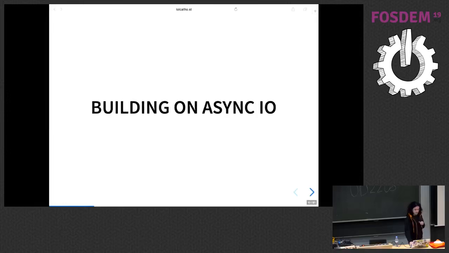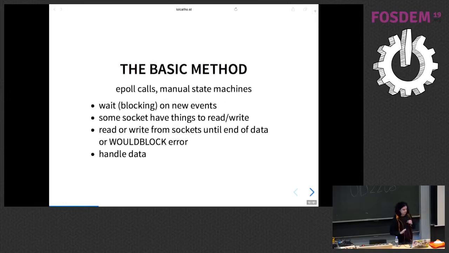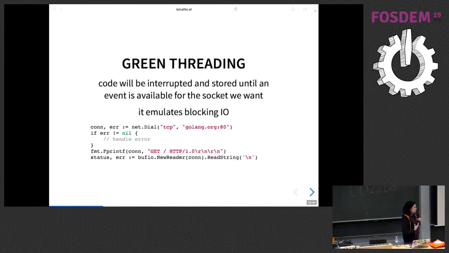So how can we do this? The first method was to have asynchronous I/O in your system, like when you do the epoll calls. What I was describing is that you wait on events, and then you read or write to the sockets. This is a bit what I will present, and it's what I've been doing in Rust for some time. Some languages will give you a nice interface.